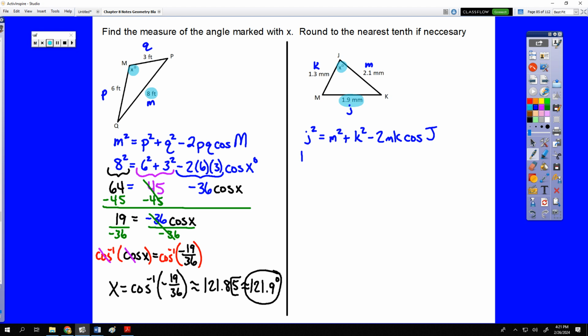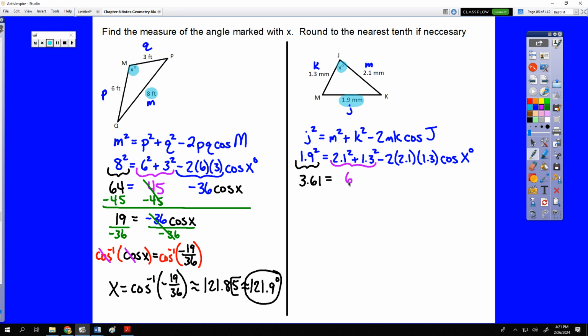Plugging in our numbers, that's 1.9 squared equals 2.1 squared plus 1.3 squared minus 2 times 2.1 times 1.3 times the cosine of x. Now again, pieces of this can be plugged into your calculator. 1.9 squared is 3.61 equals, and then we can feed in 2.1 squared plus 1.3 squared